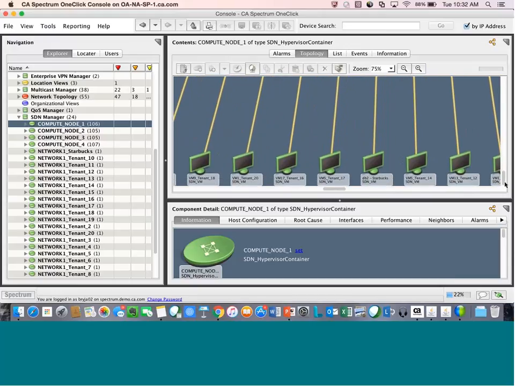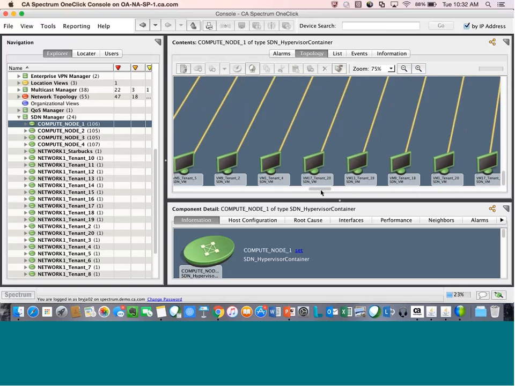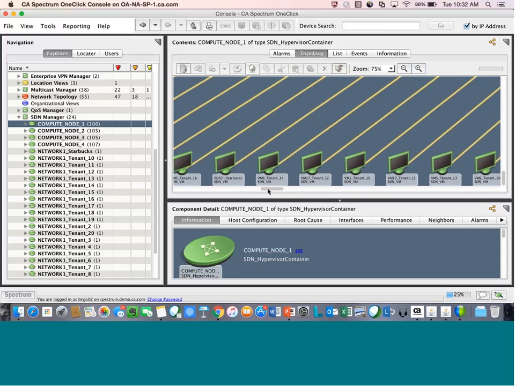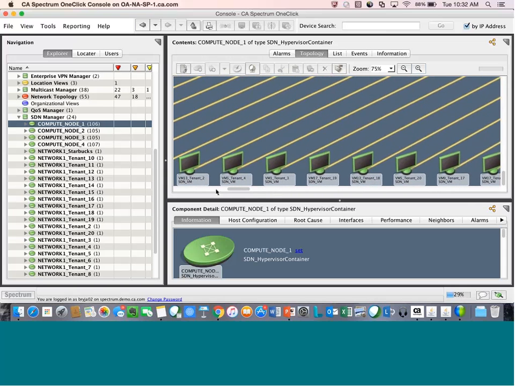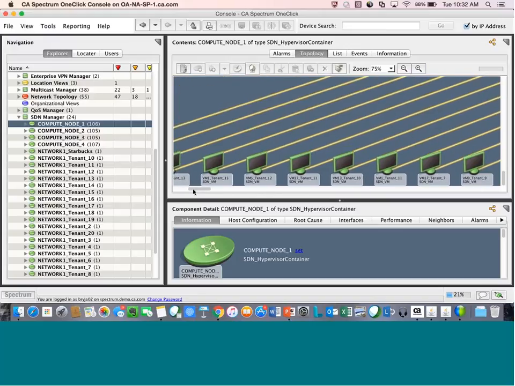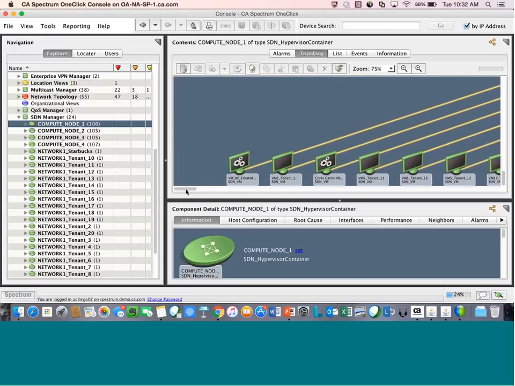Now, if I look at some of these virtual machines within here, I'm also going to see some examples of where I'm going to have some virtual network functions. So where I'm actually virtualizing, here we go, virtual firewalls, virtual load balancers, and virtual Citrix cache within here, specific to the environment we have loaded. Now again, independent of what I'm virtualizing, I'm going to see that representation depicted by this icon, so I know that these are indeed virtual network devices within my OpenStack environment.